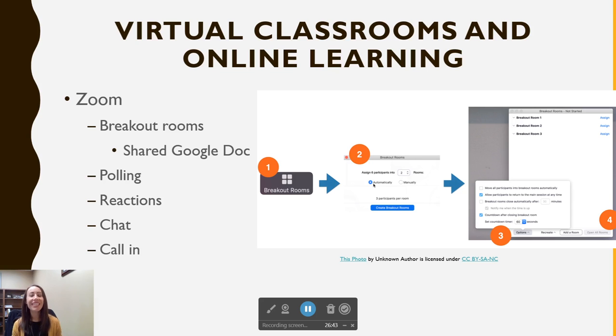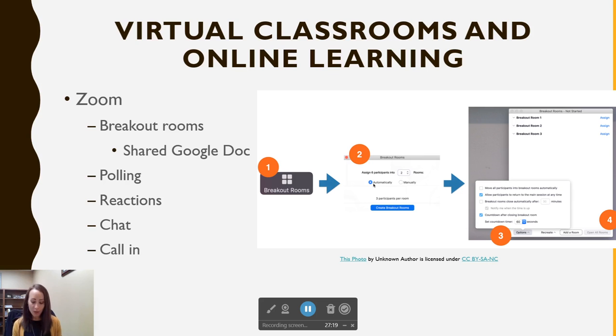And the next one is Zoom, as we all know now very well what Zoom is. This is a great option for our virtual classroom and online learning. So probably all of us have done multiple Zooms at this point, but Zoom provides a lot of options. And so if you've just done your typical Zoom experience, I'm going to log on, I'm going to start my meeting, I see my students, maybe their screens are shut off, black. And so one, requiring them to keep their cameras on is one option,